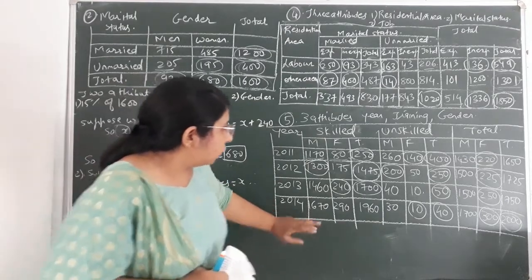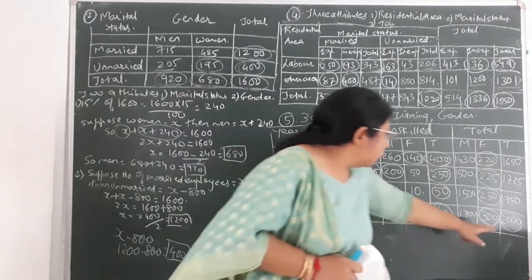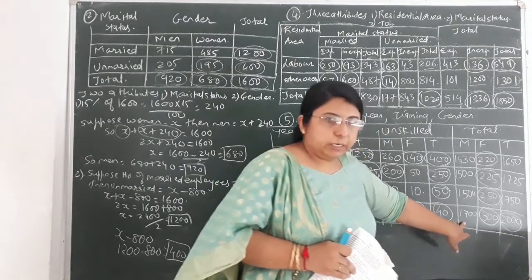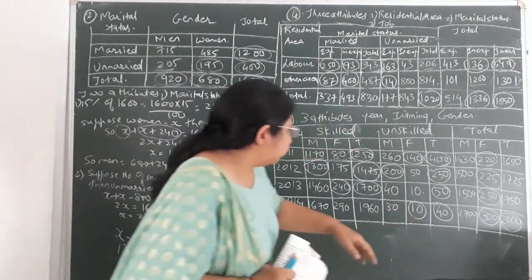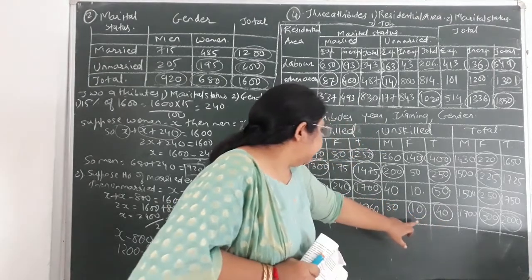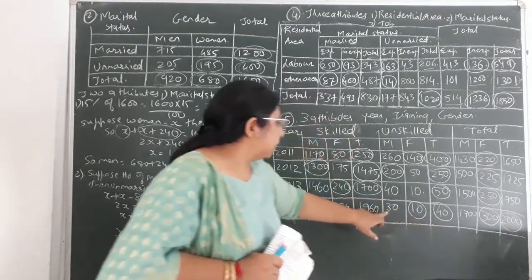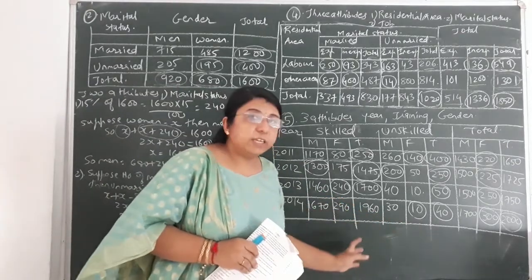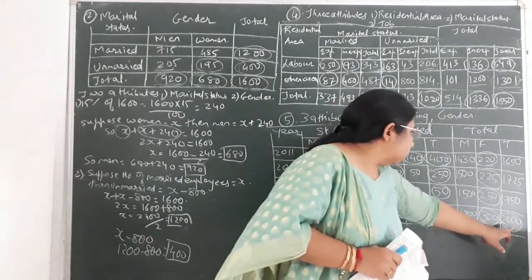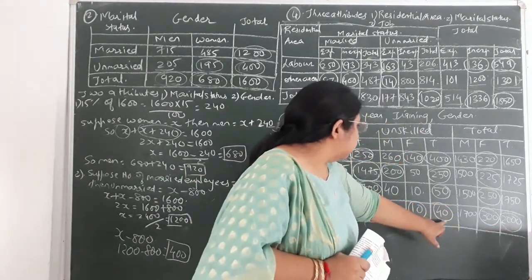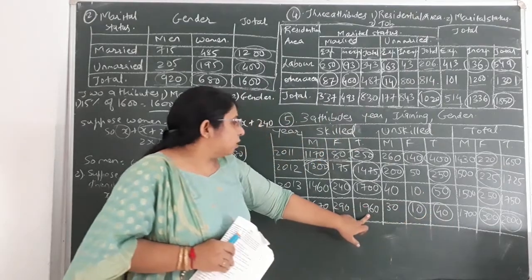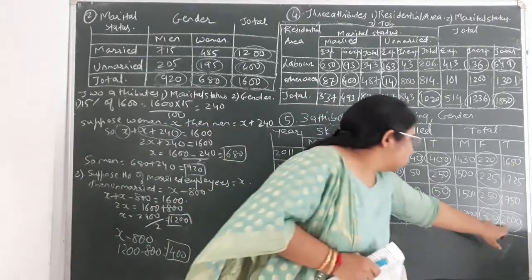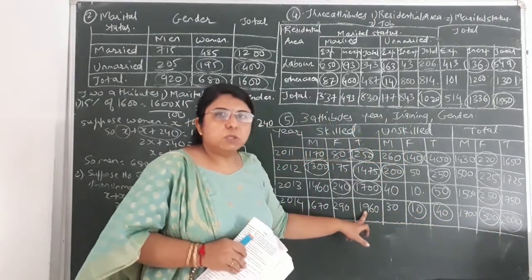Okay, in case of 2014, you can see that 2000, that is total, is given to you. From 2000 you will subtract 300, then you will get the value, that is 1700. Now remaining data over here, that is 40 is given to you and 10 is given to you. So 40 total, from that 10 you will subtract, then you will get the answer, that is 30 over here. Okay, and now these three data are not given to you in the question. How will you find it out? See, from the total 2000, you will subtract the unskilled total, that is 40. So remaining total for skilled workers in 2014, that would come to 1960. That is 2000 minus 40, that would come to 1960.